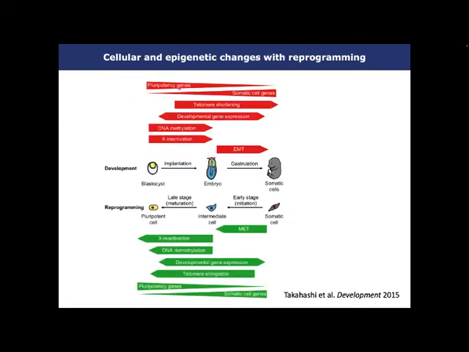So this is another description, and an interesting thing is that the reprogramming process is exactly the reverse of the normal developmental pathways. In normal development, from blastocyst to the adult animal, pluripotent gene expression is reduced, and the somatic cell genes, the cell type-specific differentiation-related genes, are increased during the development of the embryo. The telomere length is continuously shortened, developmental gene expression is boosted during embryonic development, and DNA methylation level increases and X chromosome inactivation is going on here,